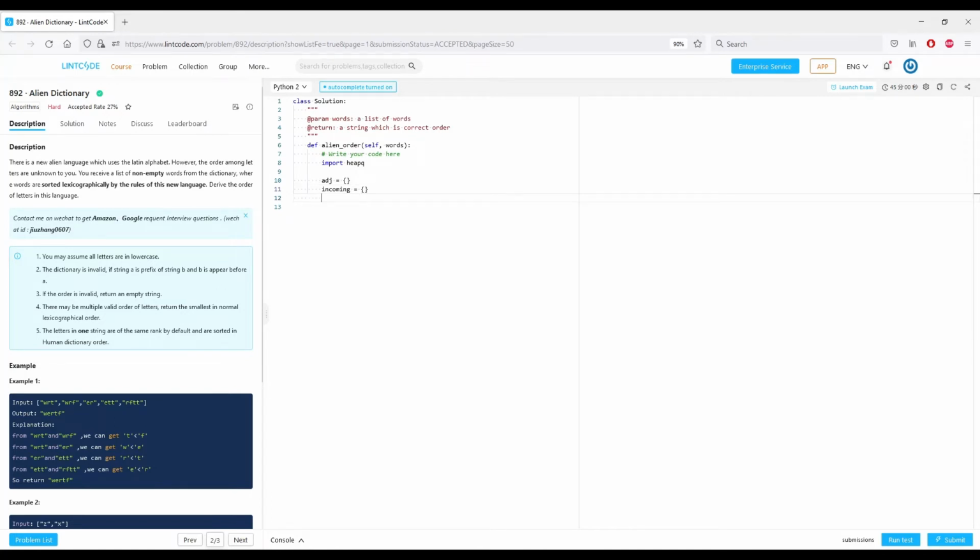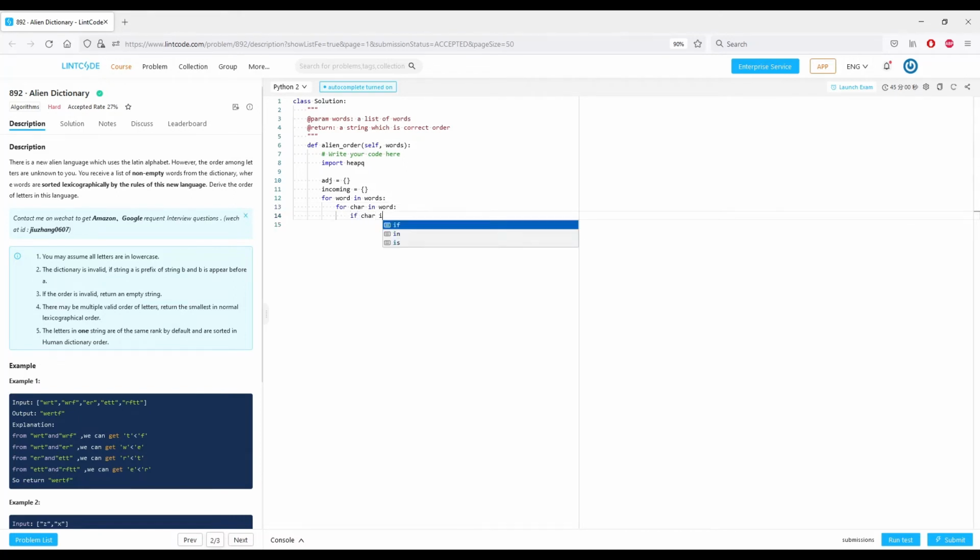What I want to store in these two is each character that's in words. So we're going to scan through words, scan through each individual word in words, and add them to our dictionaries. So for word in words, for character in word,